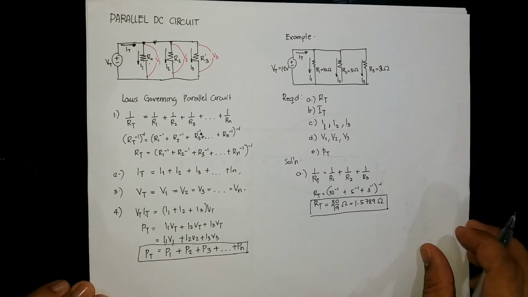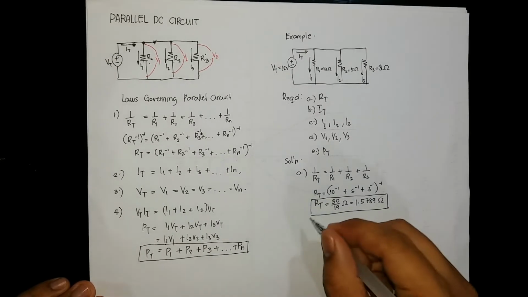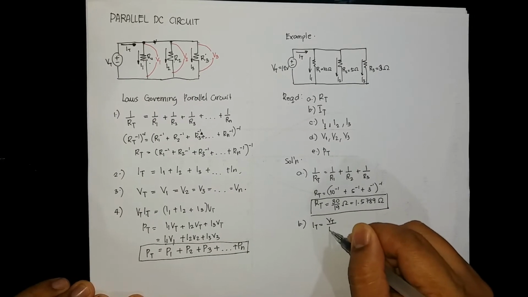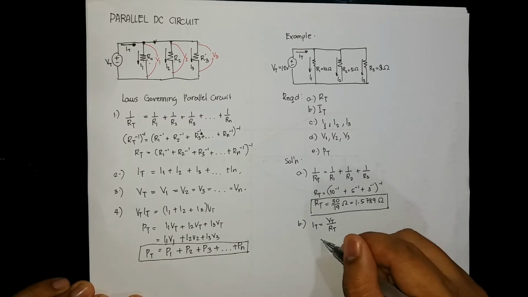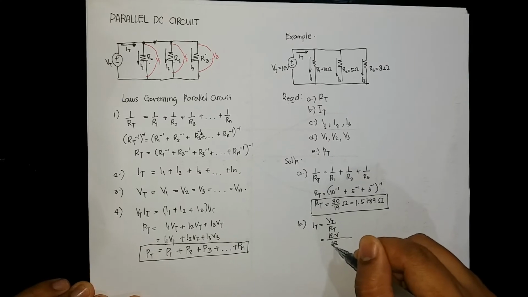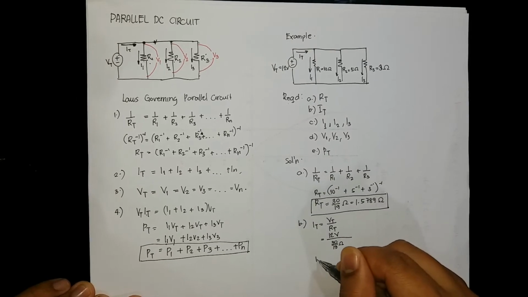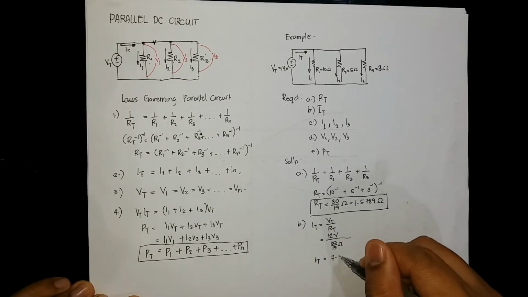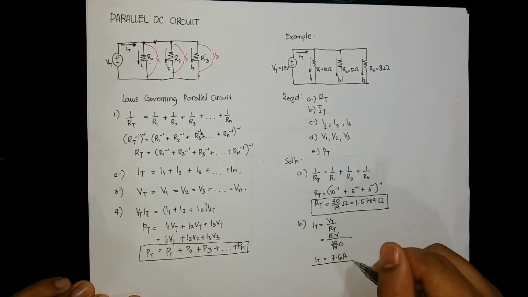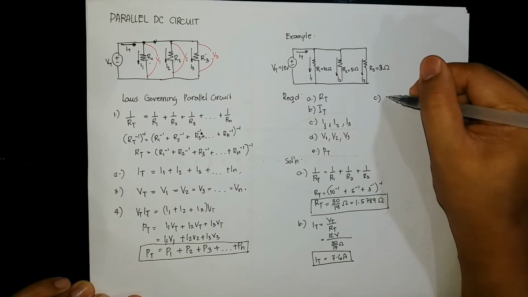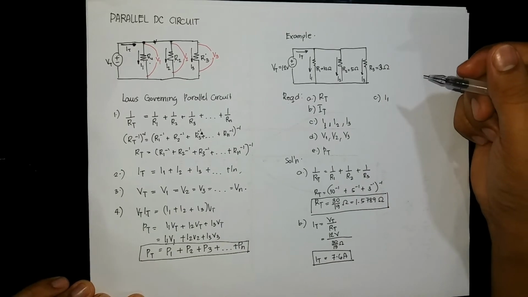How about for letter B, the total current? Again, to solve for the total current, let me use the Ohm's law. So total voltage will be 12 volts divided by 30 over 19 ohms. The I total is equal, so that will be 12, this is 7.6 amperes for your total current,